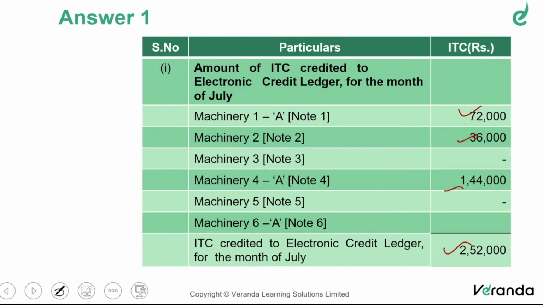Since I've spent a lot of time discussing the question itself, the answer becomes very simple. Otherwise, I'm telling you, when I discuss a similar sum in class, 95% of the students, I would say even 99% of the students don't answer 100% correctly here. They answer most of the question correctly, but 100% no. So that's why. Anyway, so 1, 2, and 4, we have availed a total this much. ITC will be credited to the e-credit ledger during the current month.